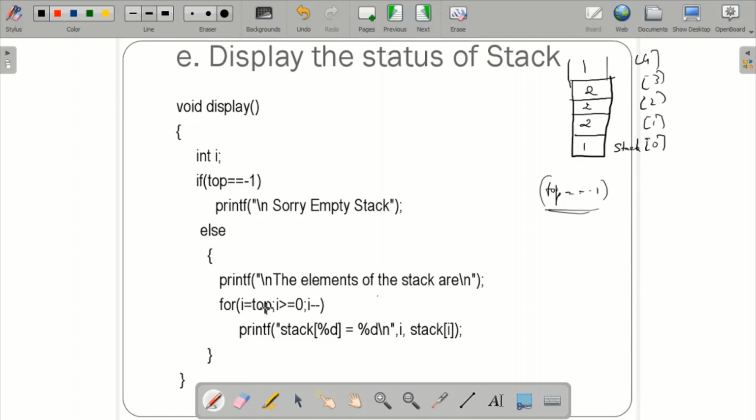So for loop, from where I have to print whichever, so this way itself I need to print, right? That is from top, because you know the top element will be popped first, the last element will be popped last. So I need to display in this order itself. From where I need to read? From top itself. So for i is equal to top, that is i is equal to 4, then 4 greater than or equal to 0, yes, it is true. If it is so, I need to print stack of